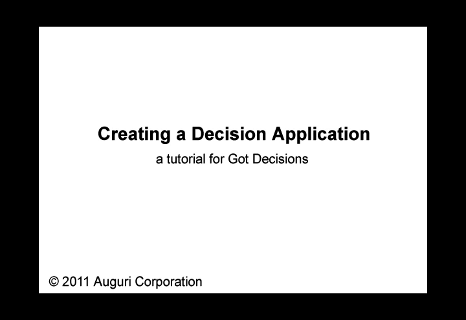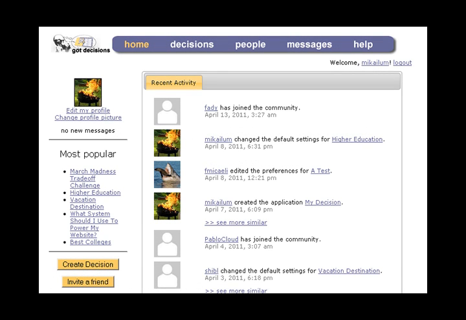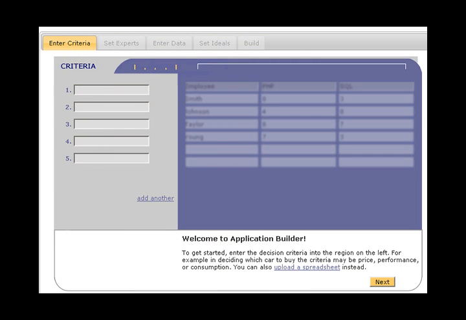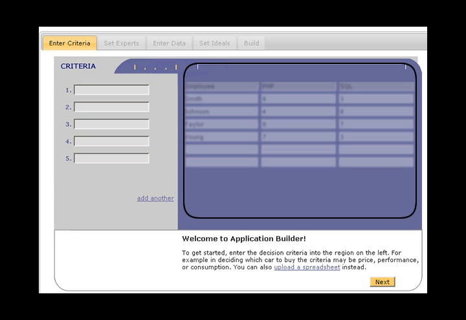This tutorial will walk through the process of creating an application in Got Decisions. To begin, we click the Create Decision button on the main screen. This takes us to the application builder, which is divided into 3 sections. On the left, we will input the criteria that are relevant to the decision. In the center, we work with the data itself, and on the bottom, we have instructions that will guide us